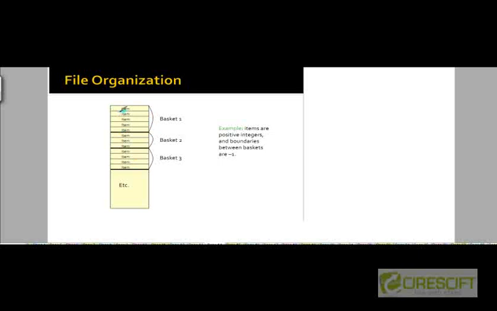So here you see a file of transactions. The first transaction is also called basket 1, and the items that were part of the transaction are stored one after the other. There are 5 items in this basket, and those 5 items are represented by a list of 5 item IDs. So we are going to assume that our items are represented as IDs which are positive integers,